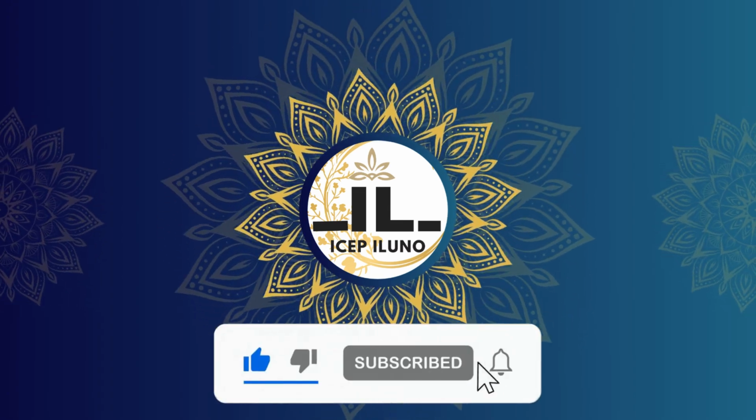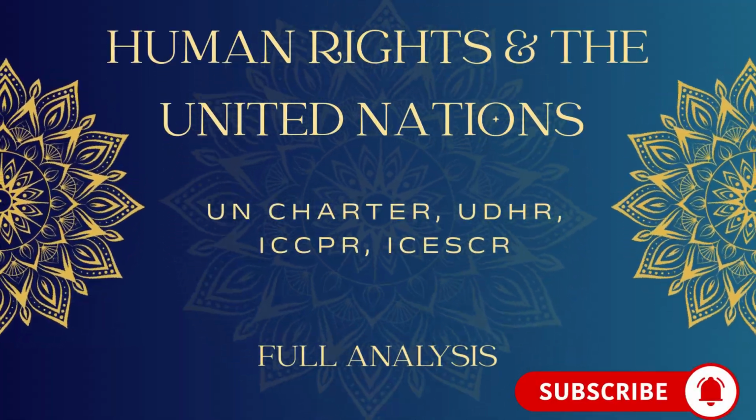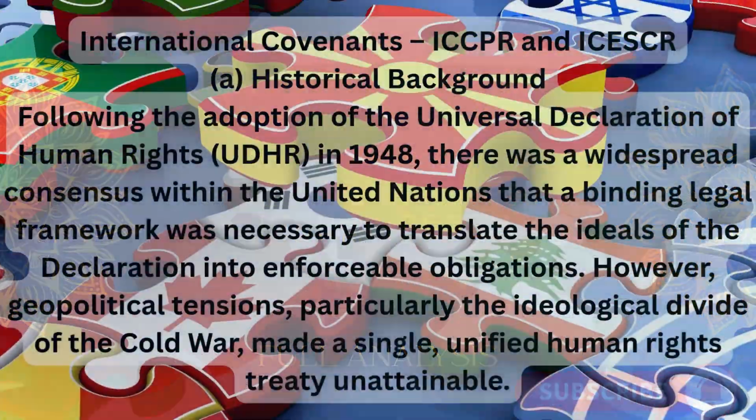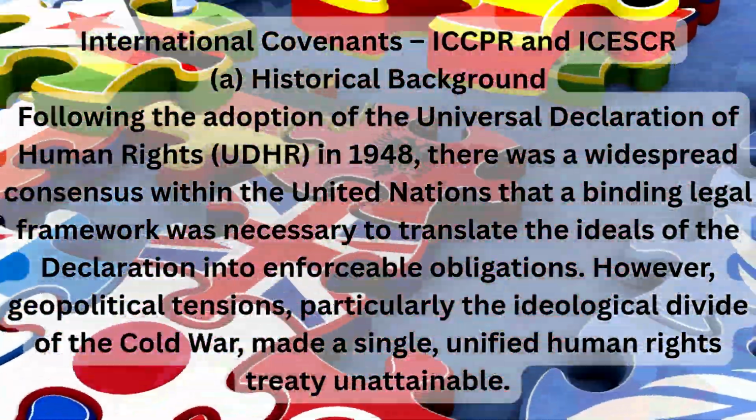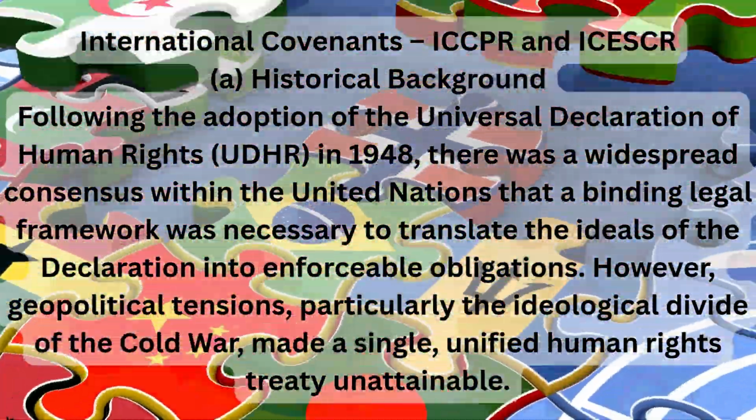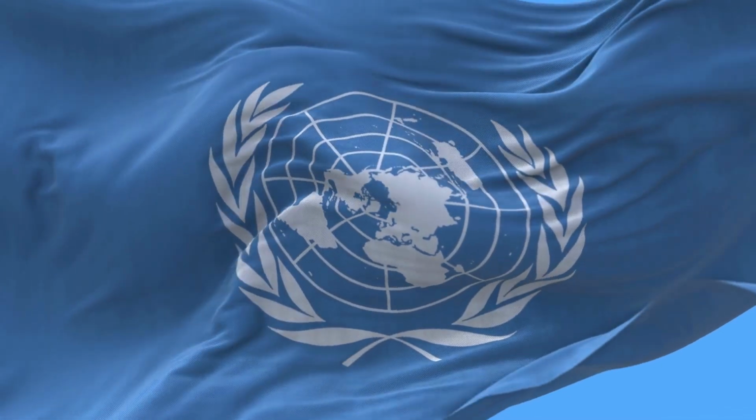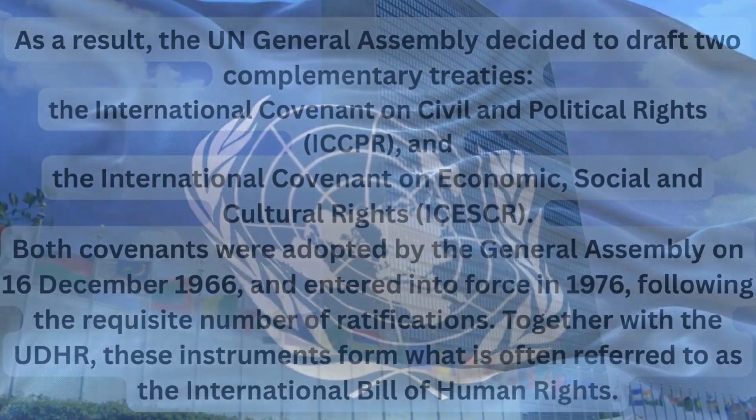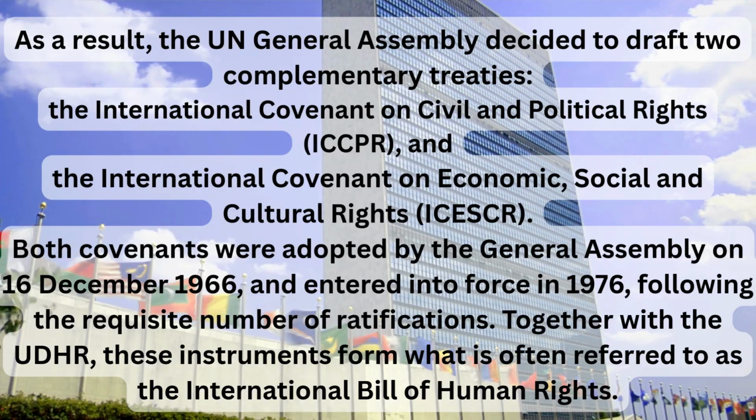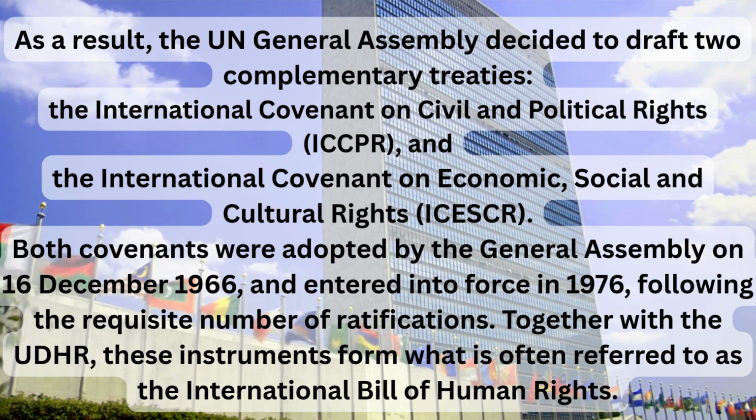International Covenants, ICCPR and ICESCR. A. Historical background. Following the adoption of the Universal Declaration of Human Rights, UDHR, in 1948, there was a widespread consensus within the United Nations that a binding legal framework was necessary to translate the ideals of the Declaration into enforceable obligations. However, geopolitical tensions, particularly the ideological divide of the Cold War, made a single, unified human rights treaty